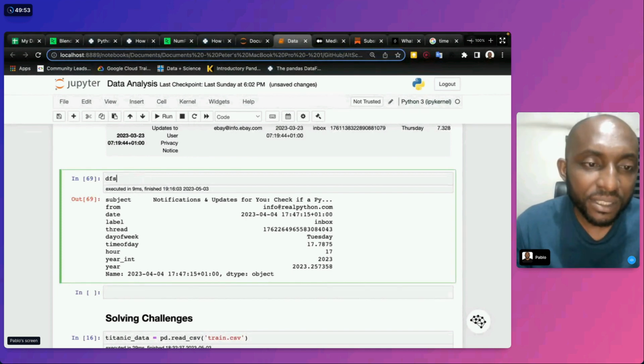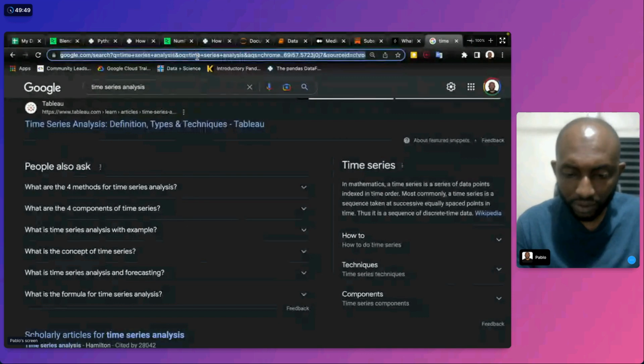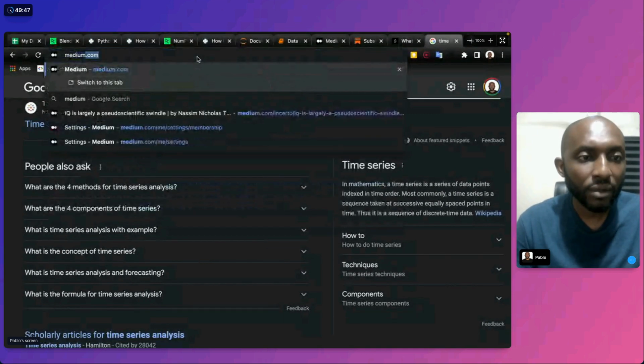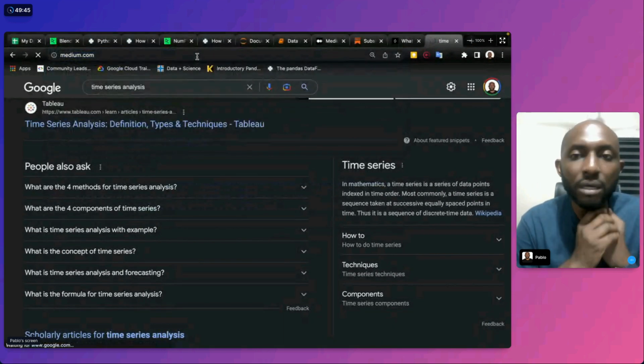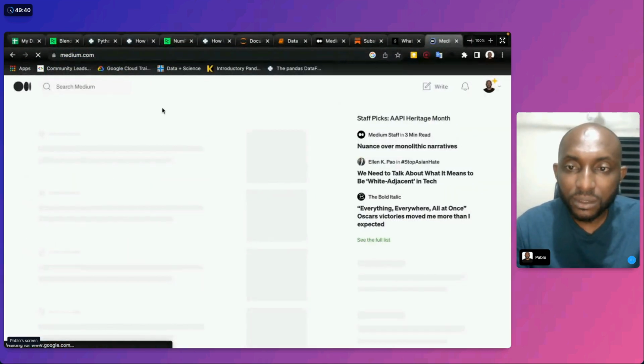In fact, there is an article on medium.com on time series analysis with Python.